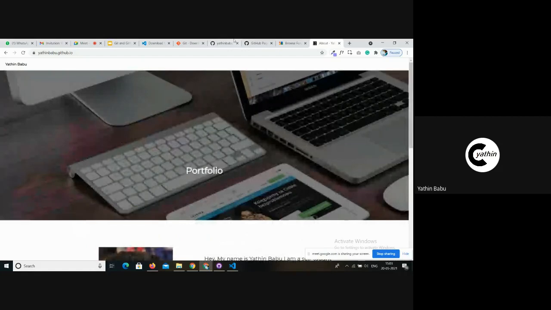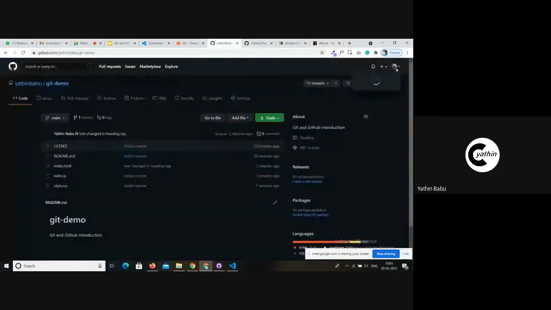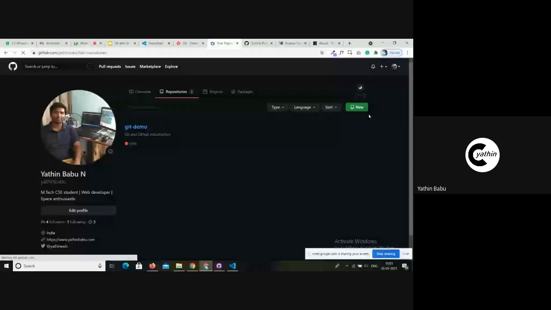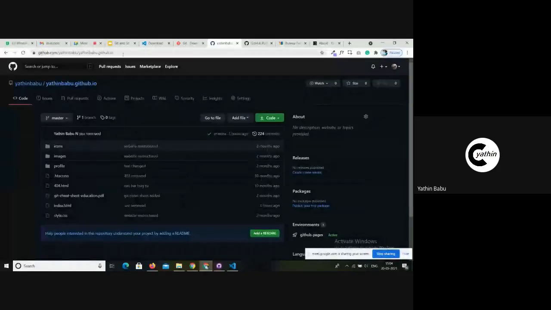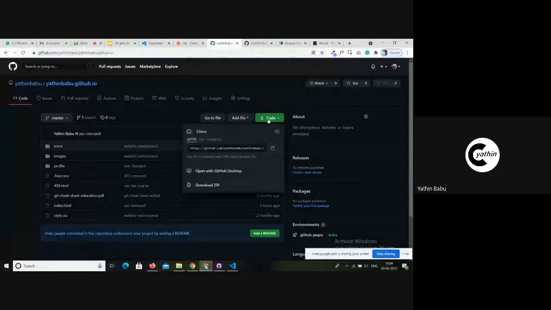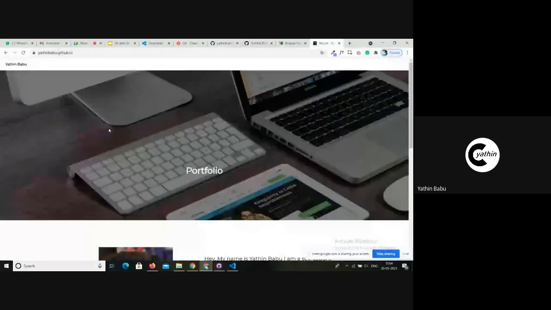Right now I want each one of you to go to this URL and clone this repository to your local machine. Then we will start to work on it, edit it, and push the code to GitHub, so that everyone working on it will have a portfolio like this.